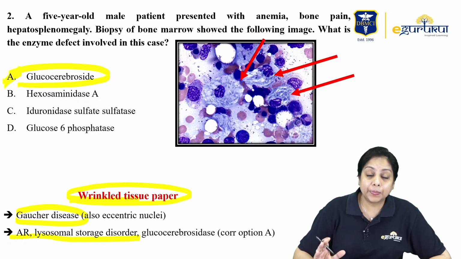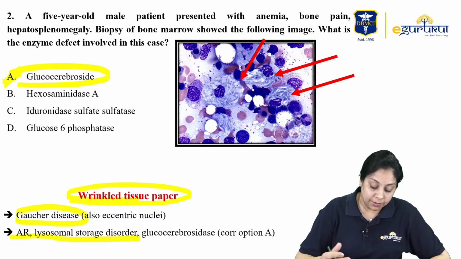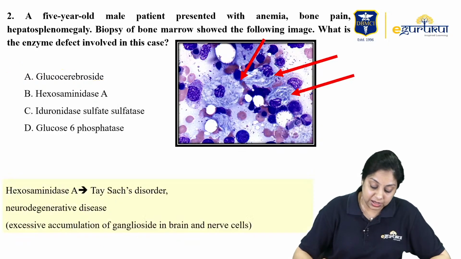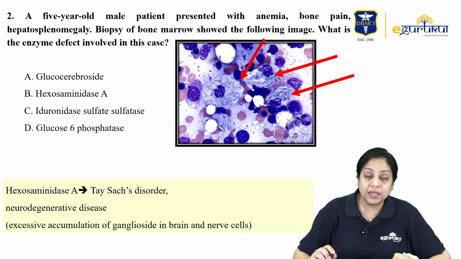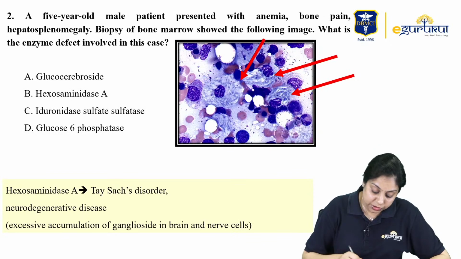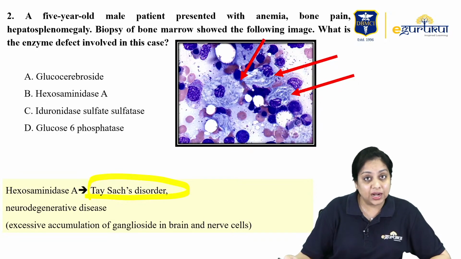So when will hexosaminidase A be the correct choice? Hexosaminidase A enzyme is responsible for Tay-Sachs disorder. If this enzyme is deficient, that is going to give rise to Tay-Sachs disorder, which